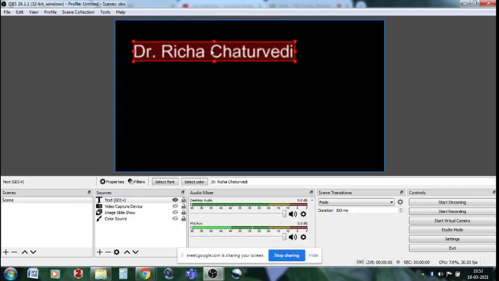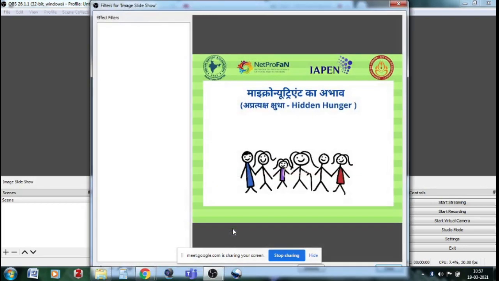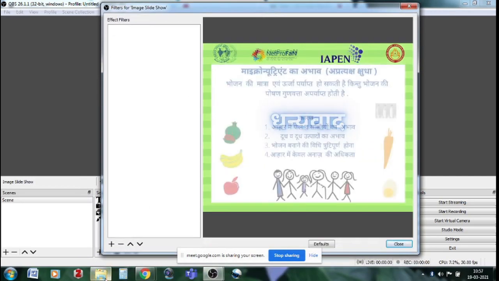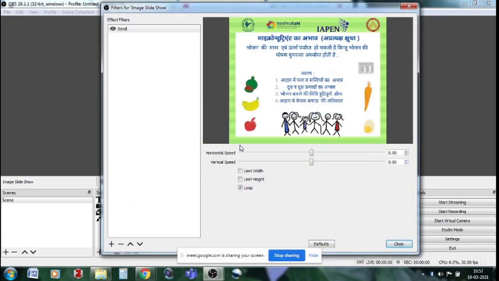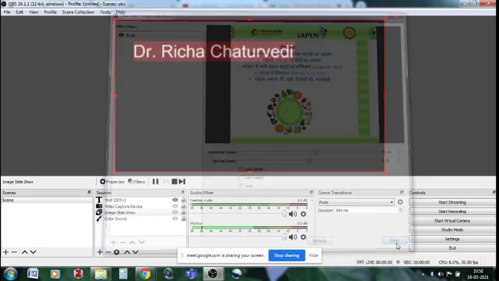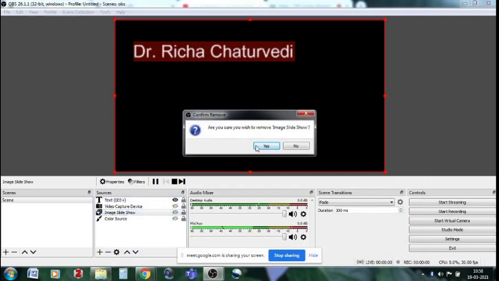I'll make a right click here, and there are filters. So now what I want is scroll of my text.